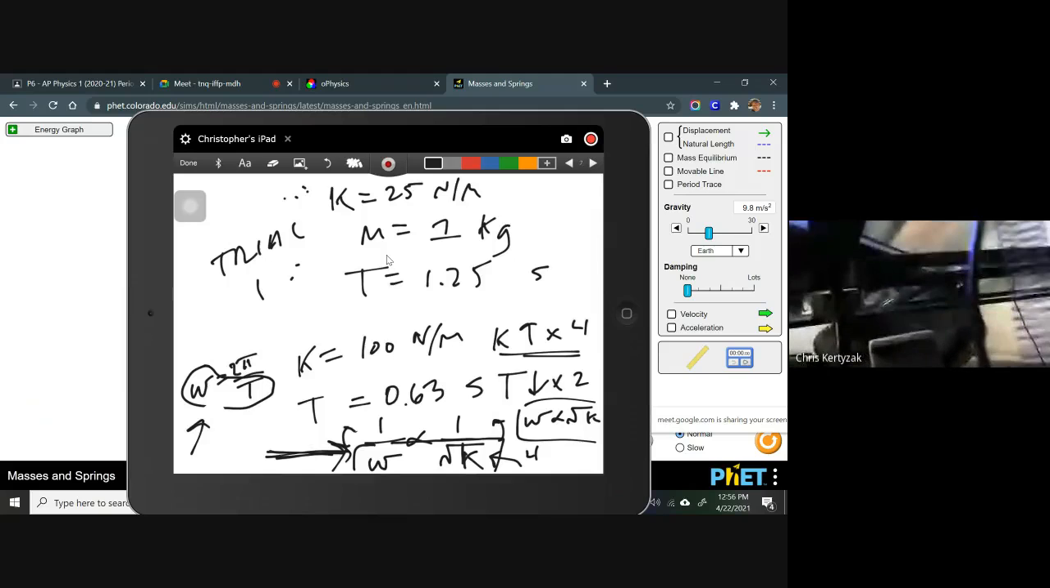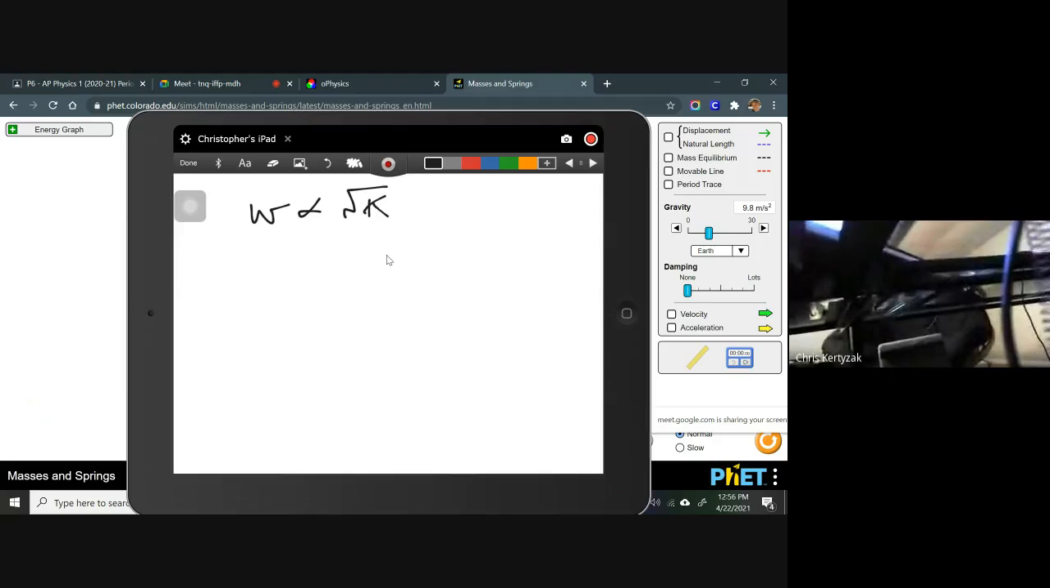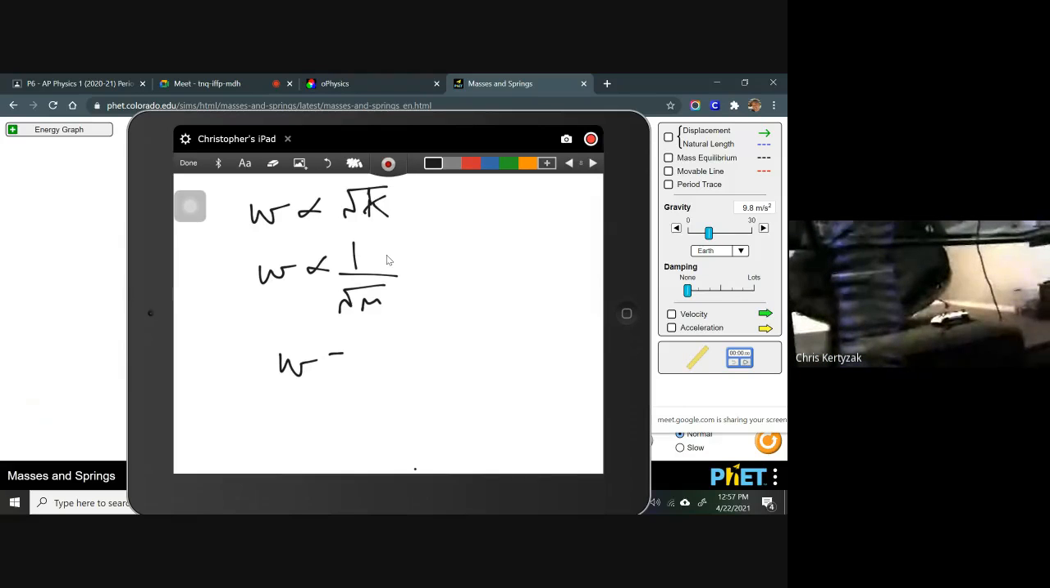So now we can combine those. We just have to superimpose those. Again, omega is proportional to root k, and omega is inversely proportional to root m. So if those now just overlap, you get